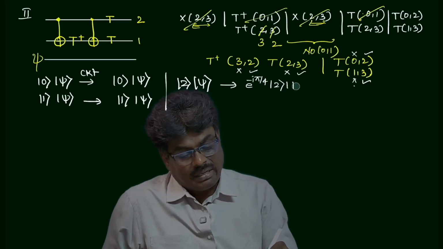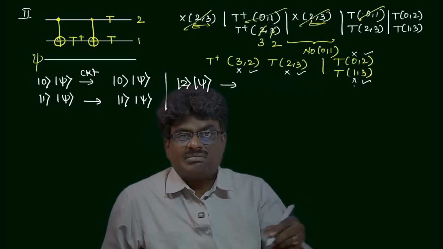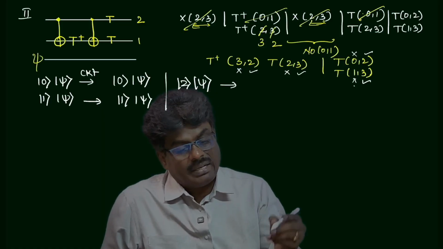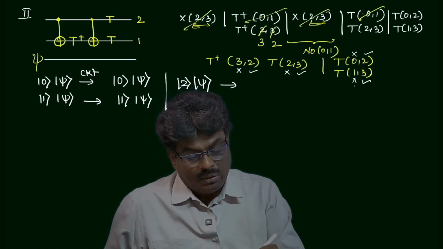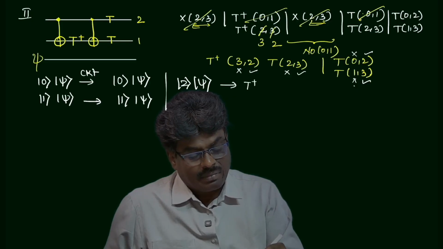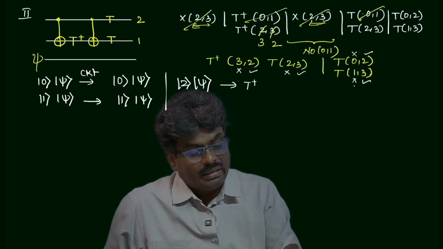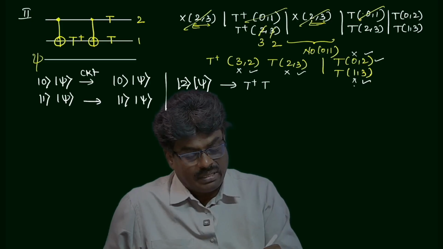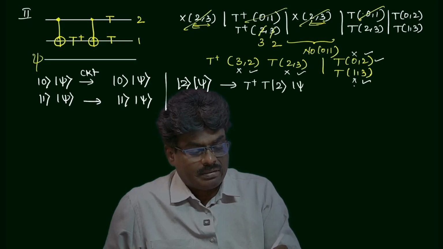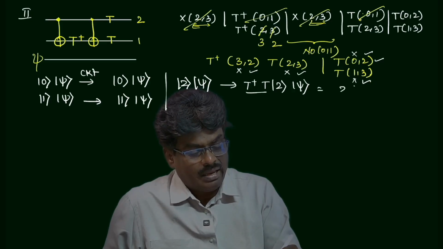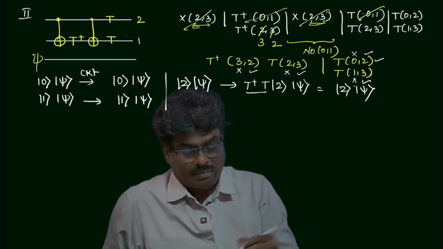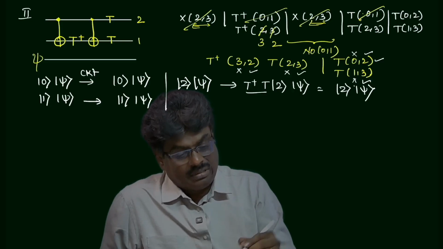I think it's better to write like this. I think multiplying it's not good. Now let us try this. So here 2 on, that's why T dagger. Here 2 off, no T, and here 2 on, that's why T. This is better. So this is I, no change. Next this one, careful,